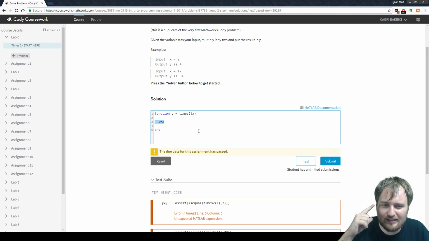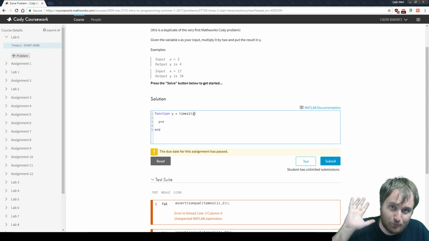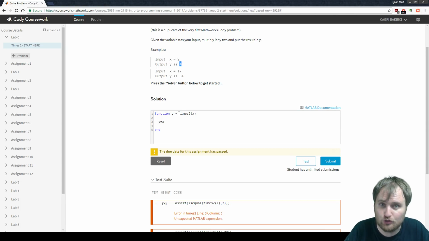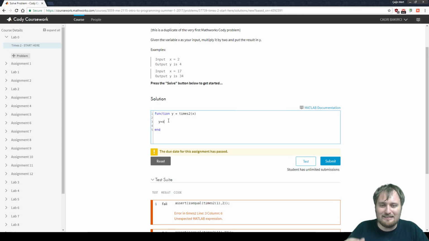And Cody, think of it this way. Cody knows what y you should get if it gives you a particular x. If it gives you 2, Cody knows the result should be 4 for this times 2, because we programmed it to know that. So basically, in MATLAB, if you were not using a function, if you were coding it here,